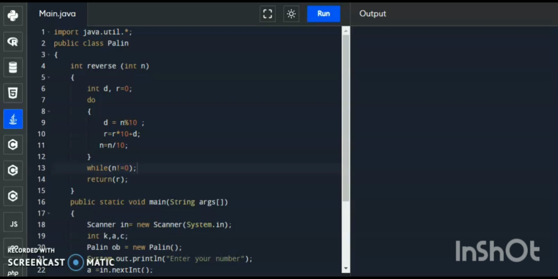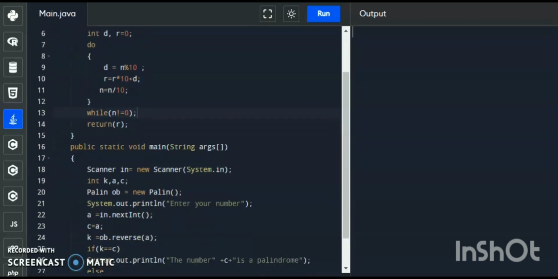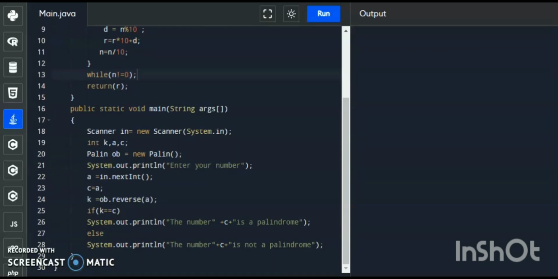import java.util.*; public class palin { int reverse(int n) { int d, r = 0; do { d = n % 10; r = r * 10 + d; n = n / 10; } while (n != 0); return r; } public static void main(String args[]) { Scanner in = new Scanner(System.in); int k, a, c; palin of = new palin(); System.out.println("Enter your number"); This is the way you can get palindrome number. System.out.println(of.reverse(a));